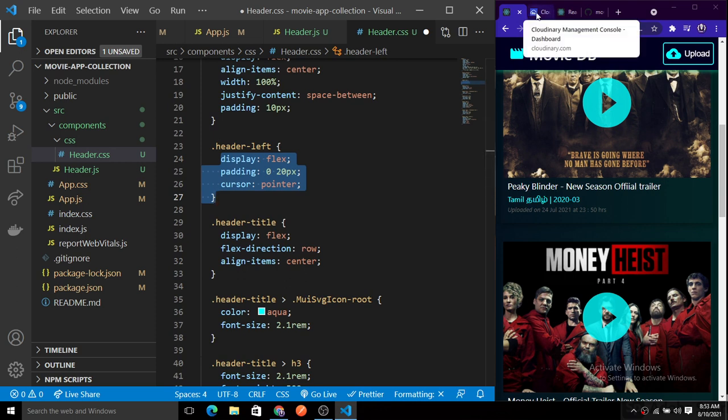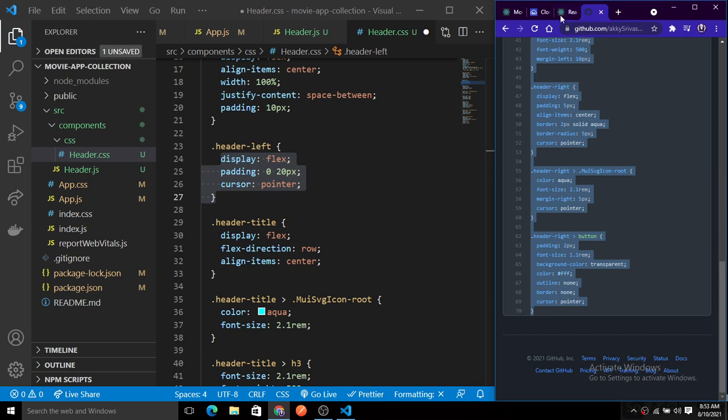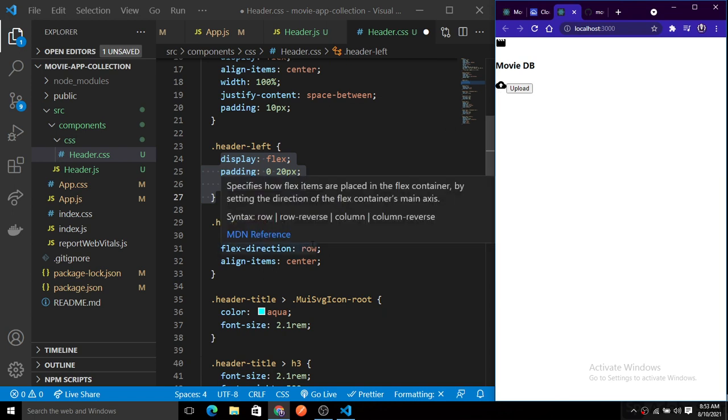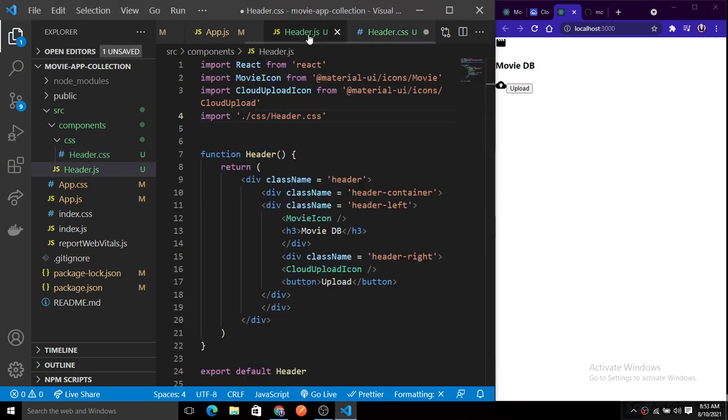So basically the header title is what is this. So let me go back to there. So header title is basically this movie DB here, right? Okay, then we have a header title with the flex direction of row that we have already given there. So inside of this, we have a header left, and we have the header right, and we can specify a header title there also.